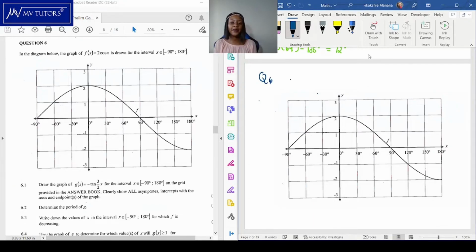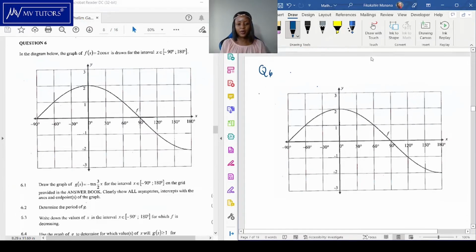So it says in the diagram below, the graph of f of x is equal to 2 cos x. The amplitude has been doubled. So instead of the maximum and minimum values of the cos function being 1 and negative 1, we're going to get 2 and negative 2. And we have it for the domain negative 90 to 180 degrees. Cool. So now 6.1,